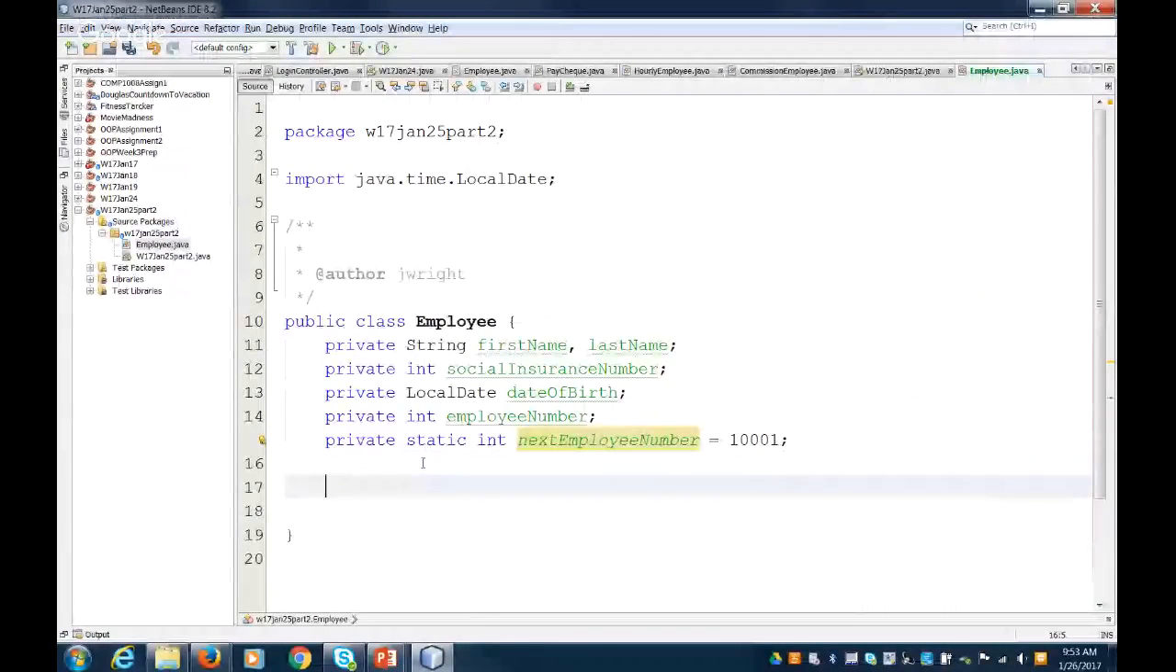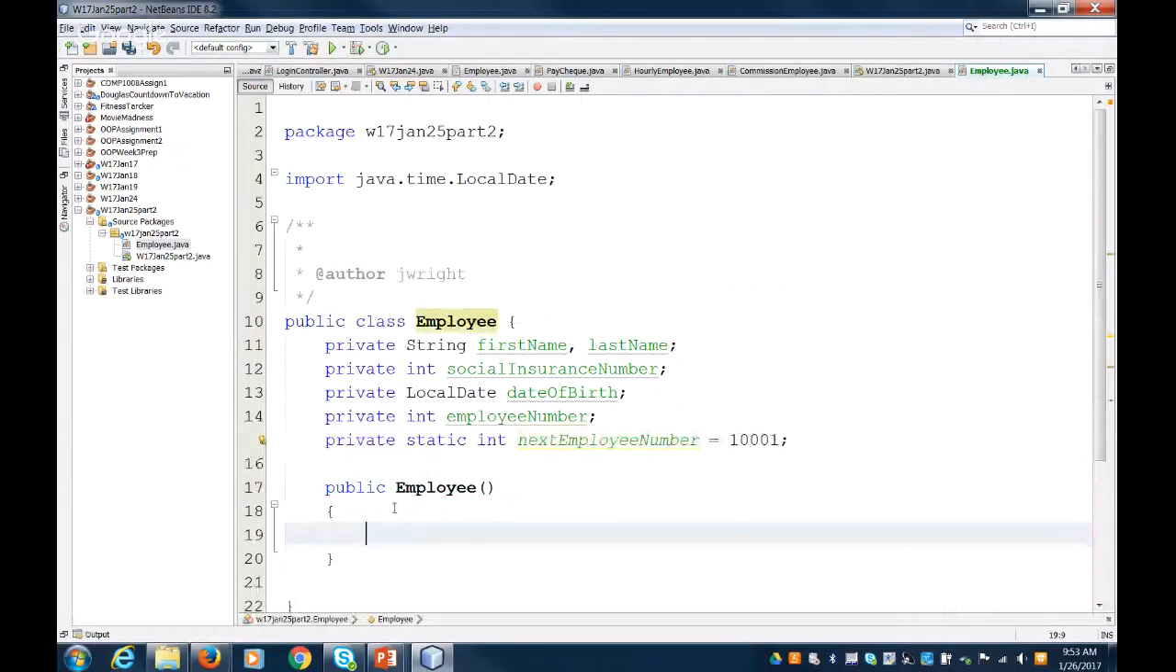So let's create our constructor. So again, the constructor, it'll have the exact same name as our class. And by default, this is the default constructor. It creates a new instance of an object, but it doesn't really set anything. But I want to be able to set the first name, last name, social insurance number, date of birth. So I need to pass that information in. So I'm going to say string first,